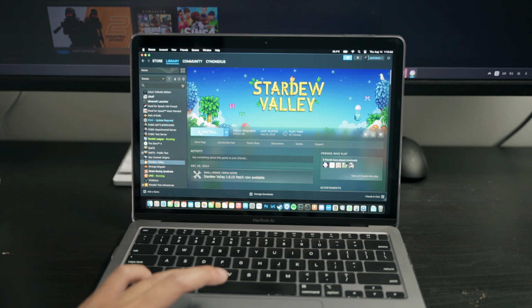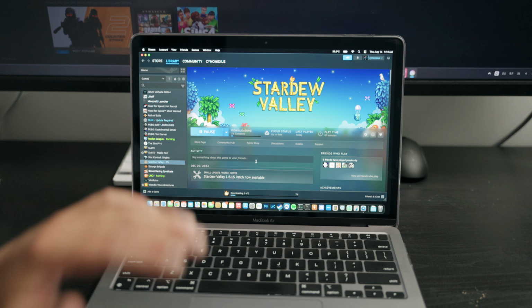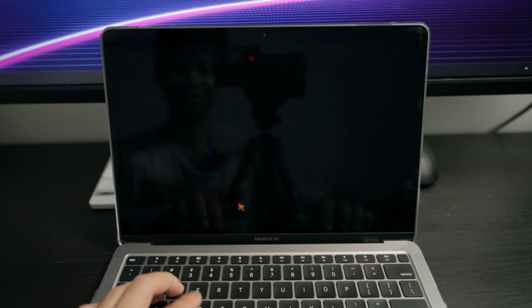So let's try to install Stardew Valley right here, which is a very basic game. Only takes a couple of megabytes. If this thing plays, I'd be very happy and delighted. This is such a basic game,